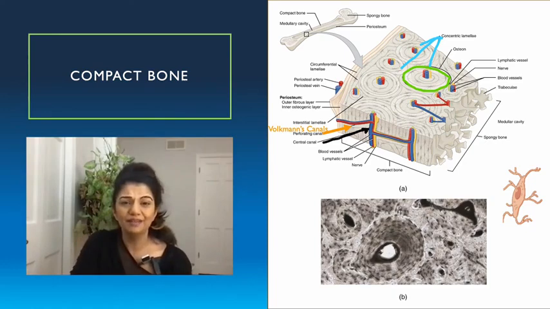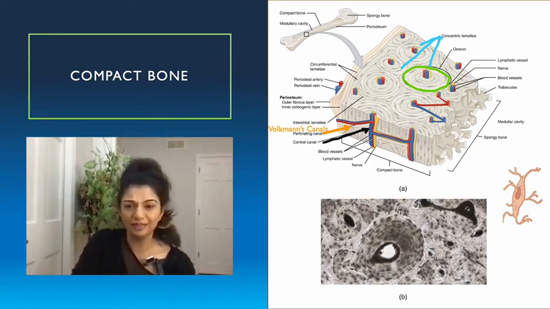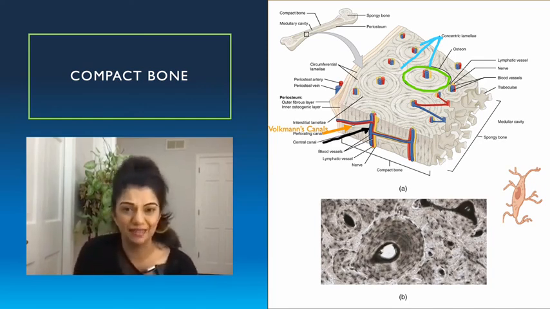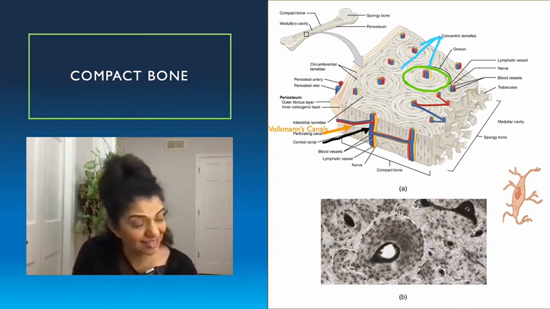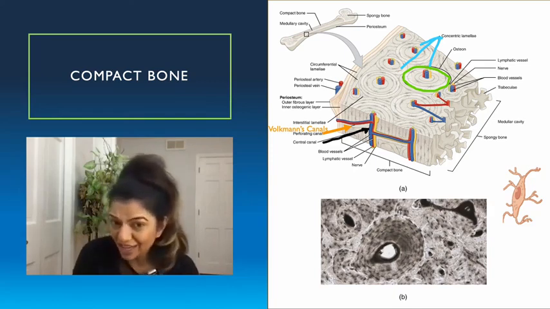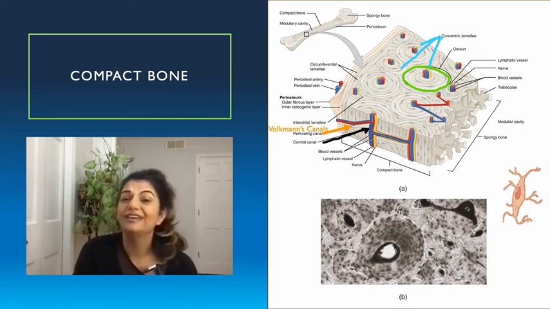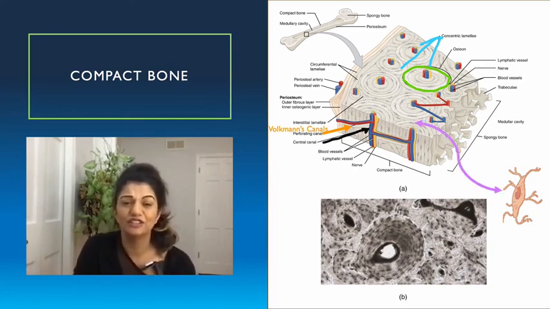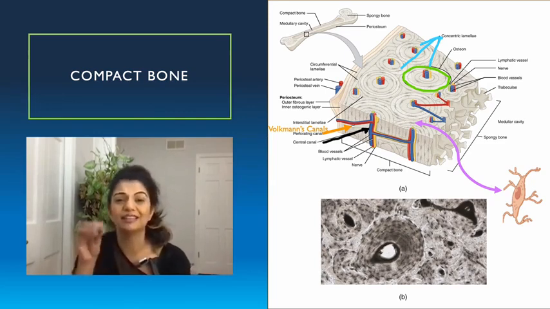Now, remember we've talked about lamellae. Do you remember what bone cell is in lamellae? What's hanging out there? It's not osteoblasts and it's not osteogenic cells. What is it? Osteocytes. Exactly. That's what you're going to find in the lamellae area. It's actually going to be in the lacuna